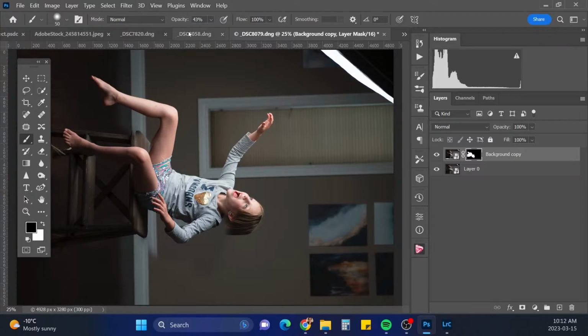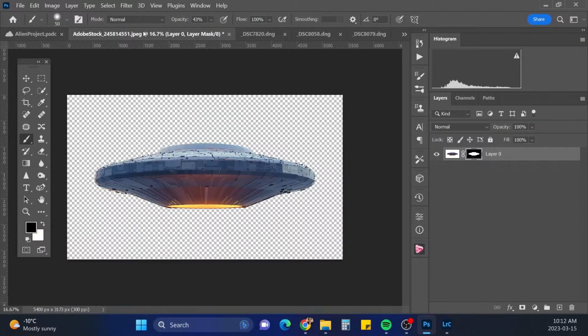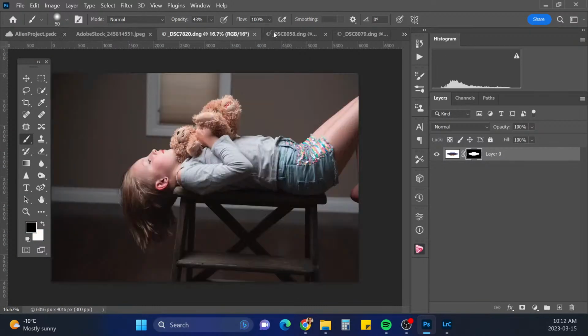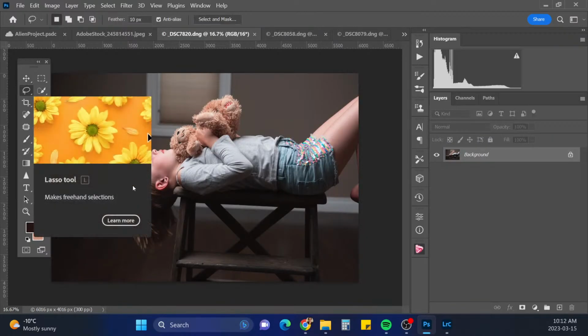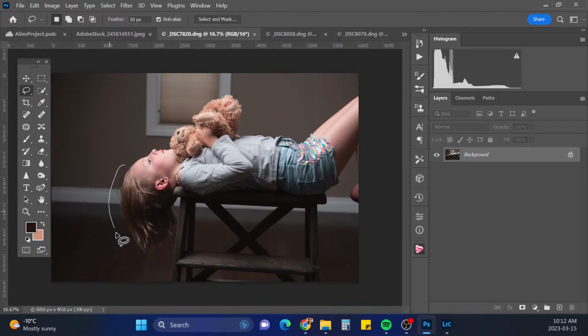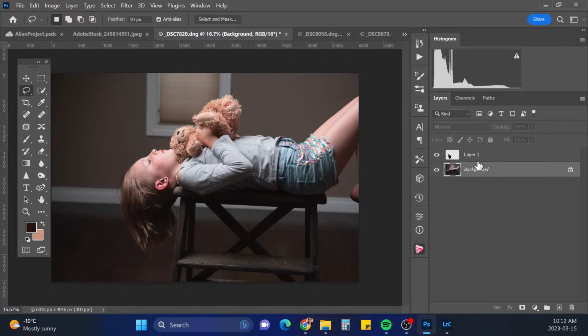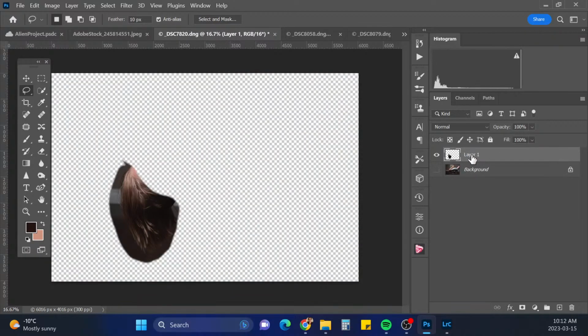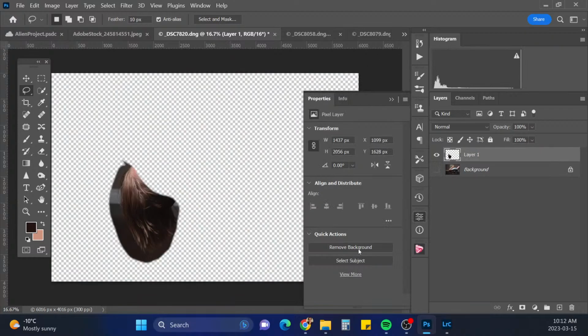Okay, I want to bring in her hair now, wherever that is. Here we go. And I'm just going to like use my lasso tool to select it. Go Control J. And then this one.